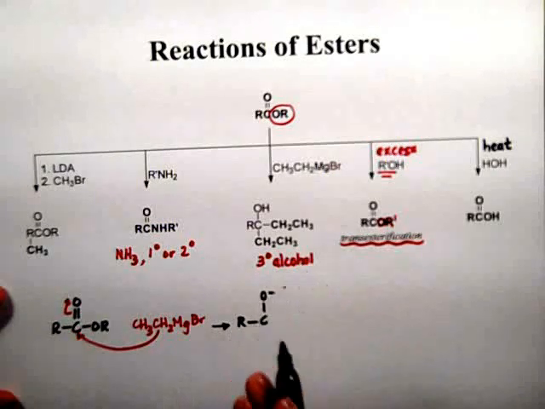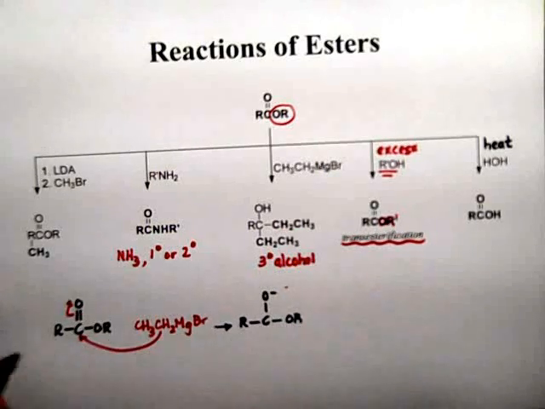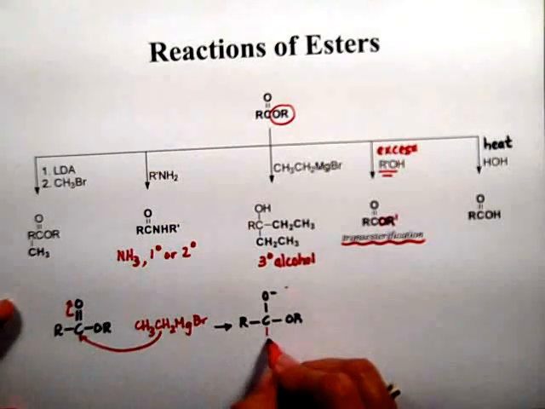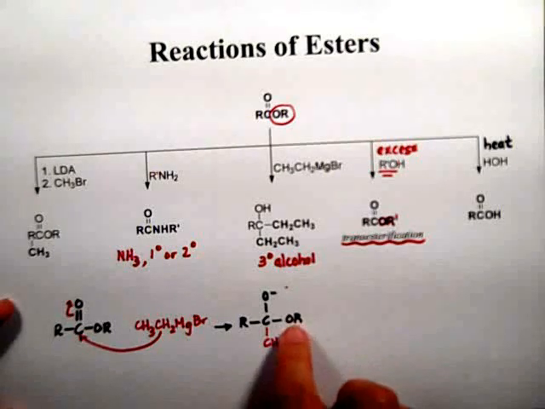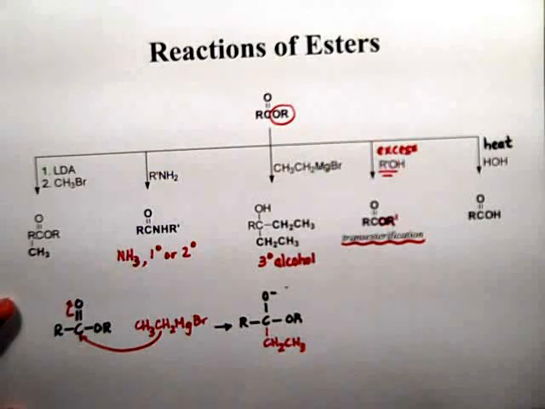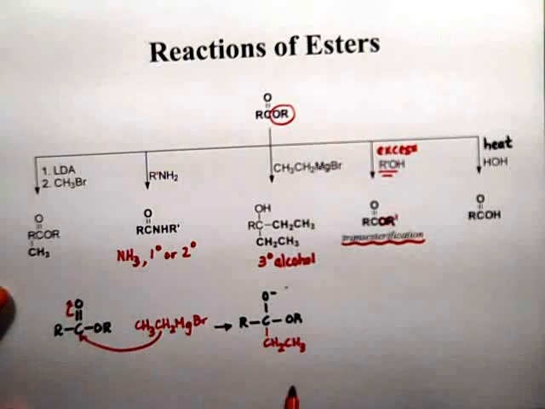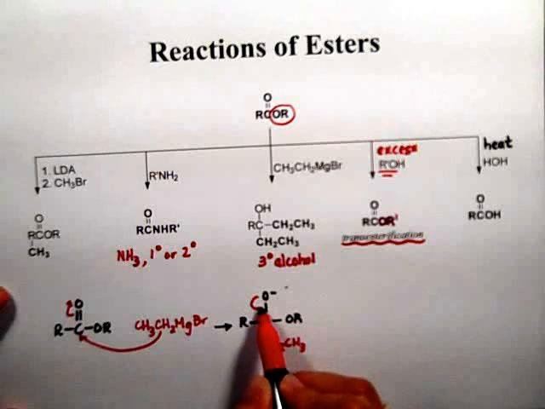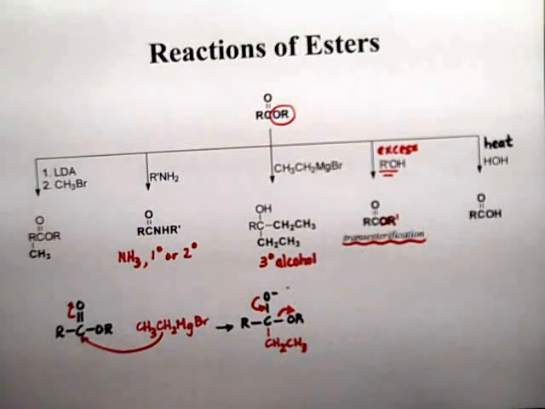Anytime you get to a tetrahedral intermediate, you have to see if you have good leaving groups. And I do have a good leaving group in this reaction. I have the alkoxy right here. The alkoxy is now a good leaving group because it's not going to be the strongest base in the reaction. The strongest base in the reaction is the Grignard that we're using. So what we're going to do is reform the carbonyl, kick out the alkoxide,